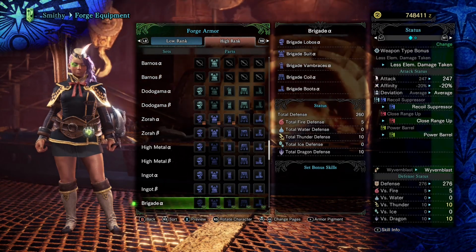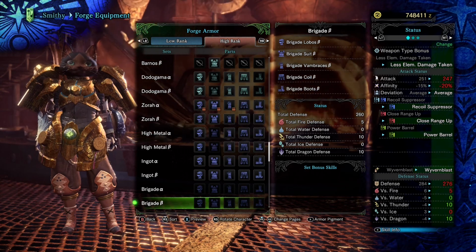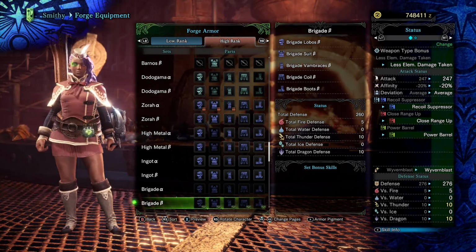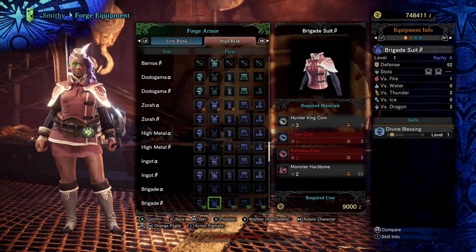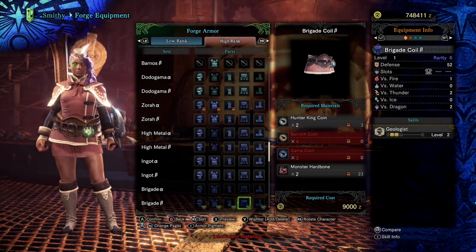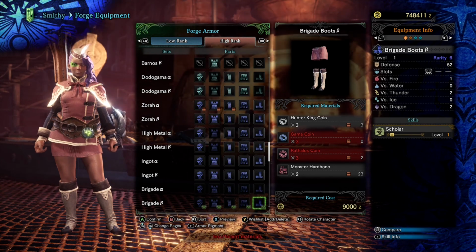Scholar, Geologist, a couple of the other ones you'll use now and then, but it's an exploration set. And there's nothing wrong with having an exploration set for just going around gathering plants and stuff like that. It's actually useful to have that. And it's fairly defensive with its recovery and divine blessing as well, so you're fairly safe going around. The heavy artillery is an odd one to slap in there, but